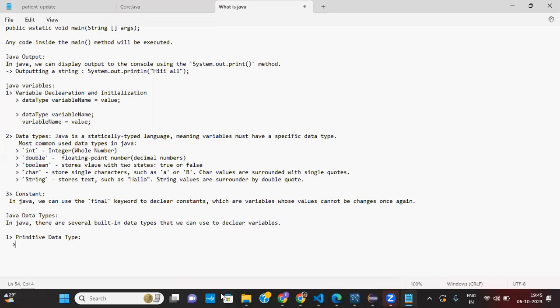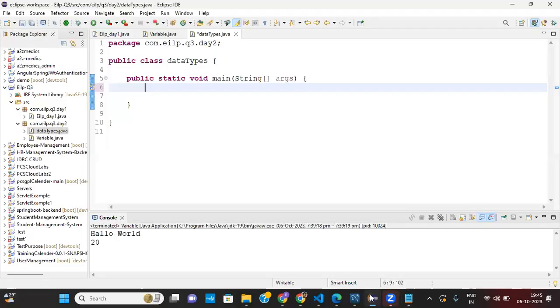Okay. If you see the main method, everyone has a question: why public static void main, right? We will discuss this keyword, why we use it in the main method, and what is the difference between public, static and void.